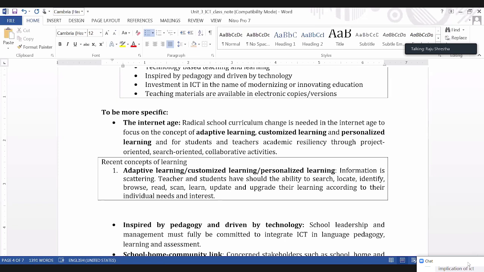Just you understand, information is scattering around us, a large number of resources, materials, information scattering around the world, globe around us. So the only necessary, relevant, useful information, knowledge, idea, we select, we locate, we find out, we identify, we browse, we read, we scan, we learn, we update, we upgrade to fit to meet, अझै के भन्नु भने, upgrade their learning to